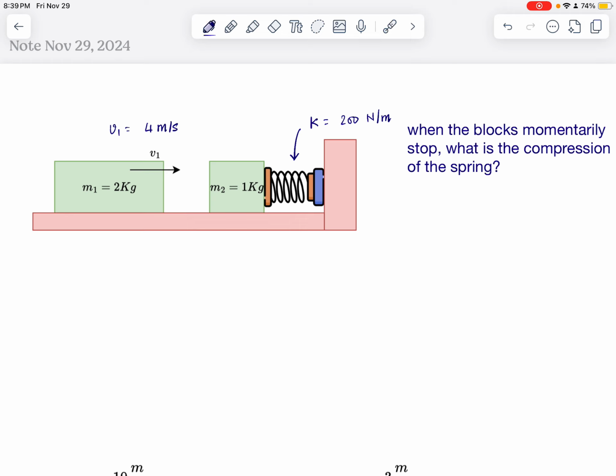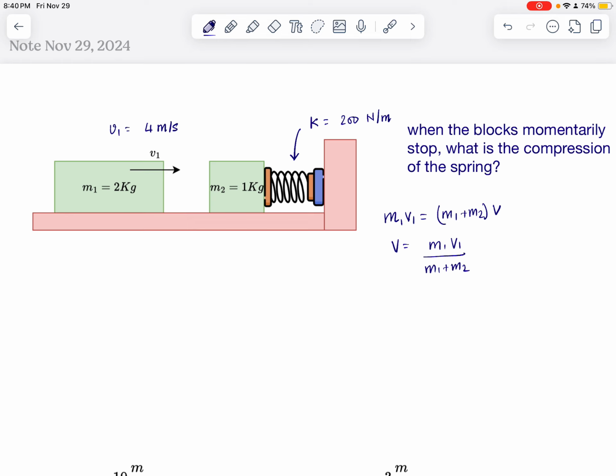Now if we write the equation for conservation of momentum, m1 v1 equals m1 plus m2 times the velocity with which both masses are moving together just after the collision. So v here equals m1 v1 divided by m1 plus m2. This is what happens during the collision process. So after the collision, we have